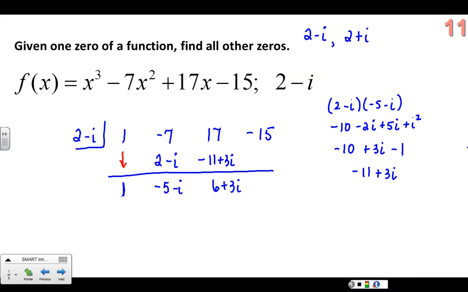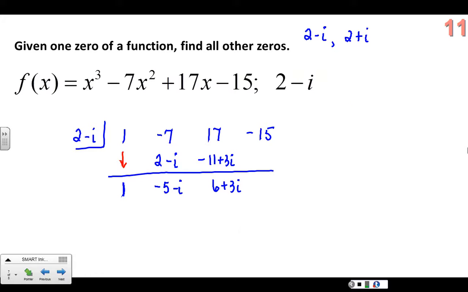Now, 6 plus 3i times 2 minus i. Let's see what happens there. So I like doing this little side work here when I'm multiplying complex numbers together. It kind of helps me keep everything organized. So, let's see here. I got 2 minus i